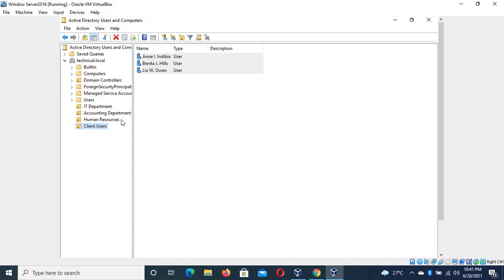Now we've created the organization unit, and each department has its computer users with their names for easy identification. So this is for the IT department, this for the accounting department, this for the human resources department, and this for the client users, external workers, or any partnership users. Whenever anything comes up, you'll be able to know the department. Once you ask the department where the issue is coming from, you'll be able to trace it easily, as well as the system admin. So now the next thing we are going to do is